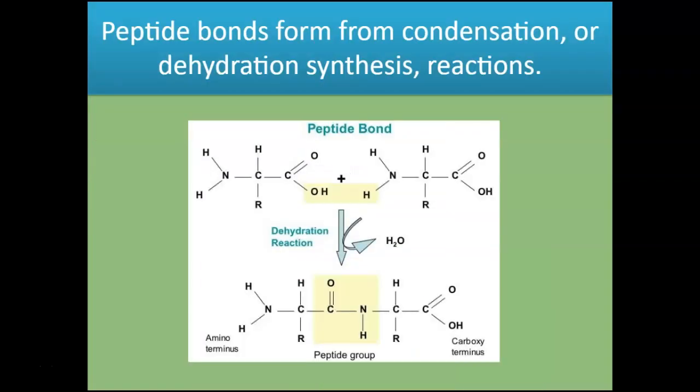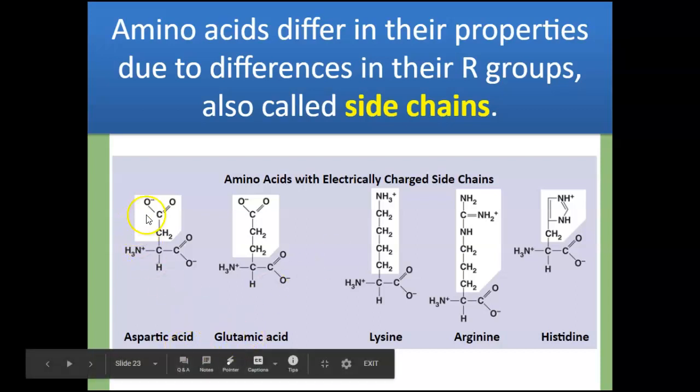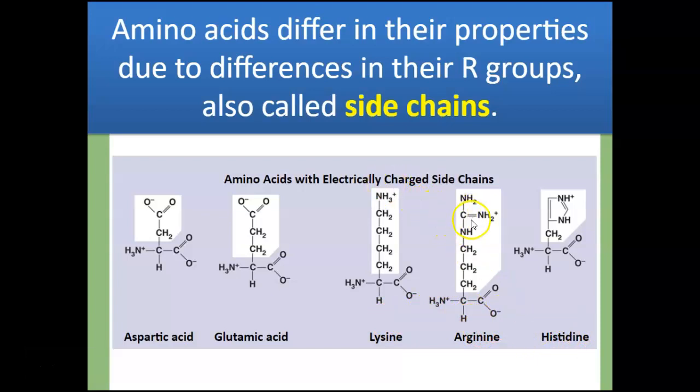Going backward, we see that these 5 amino acids all contain electrically charged side chains. Aspartic acid and glutamic acid both contain a negative charge, whereas lysine, arginine, and histidine all contain positively charged,